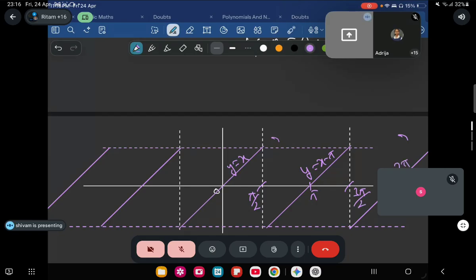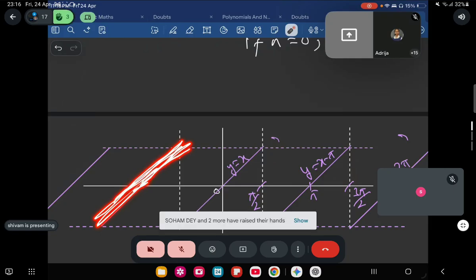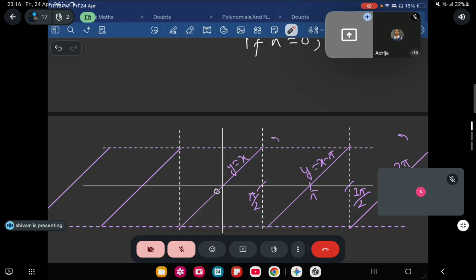What is the equation of this branch? Raise your hand. Only 2 people are raising the hand. What about the others? Abhigyan, Aisha, are you getting how I am writing the equation of the branches? Yes, sir. Others also raise your hand. Sir, could you tell once more? I couldn't understand, sorry.